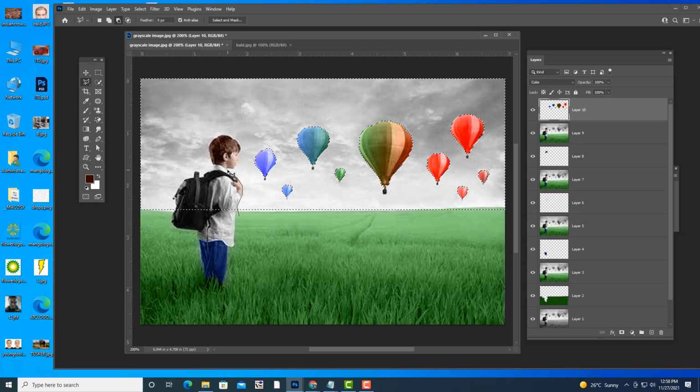Actually this is a low quality image. See, now only the sky is selected. Understood? Only the sky is selected.